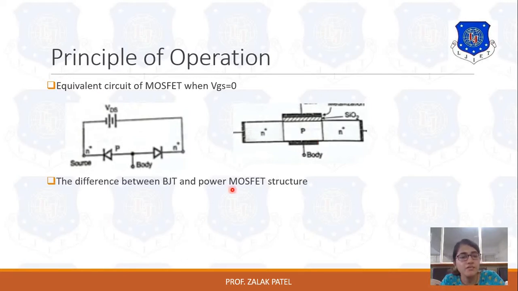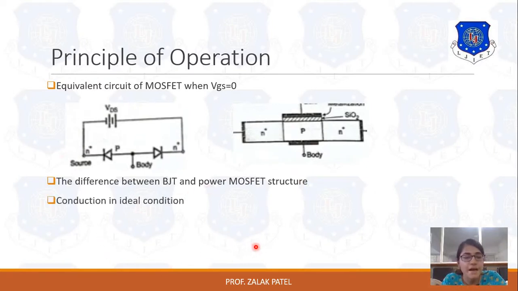Here again we already discussed the difference between BJT and power MOSFET, that BJT is a current control device and power MOSFET is a voltage control device, because in case of BJT the current depends on the base current also. Collector current is a function of base current, and because of that it also depends on the junction temperature, while this case will not be considered in case of power MOSFET because it is a voltage control device. So this is the biggest advantage of power MOSFET.